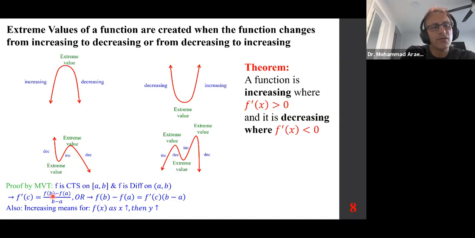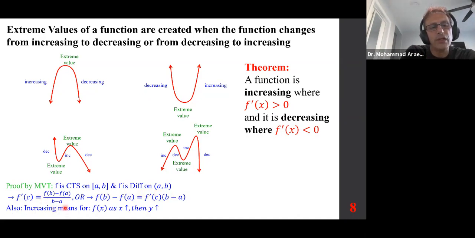f prime of c is f of b minus f of a over b minus a. This is the slope of a secant line that will change to a slope of a tangent line, f prime of c. This is the general idea, and the slope of a secant line is the same as the slope of a tangent line somewhere in between. That's as far as the mean value theorem is concerned. So if you do the cross product of this,